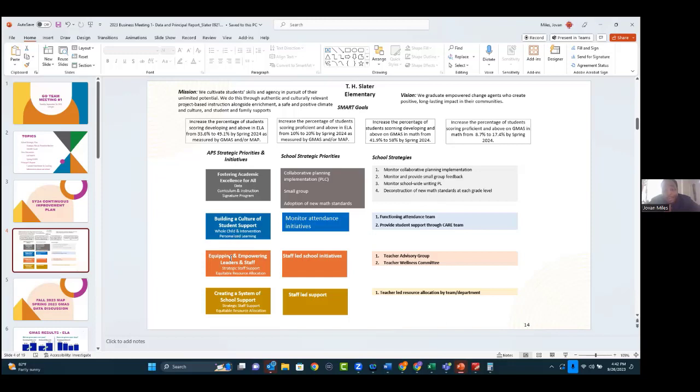Moving down the columns in the strategic priorities and initiatives, both APS and school. This orange box is equipping and empowering leaders and staff. We have a number of staff-led school initiatives. One is, and I'm going to update the language here from teacher advisory group to principal advisory group. The principal advisory group is